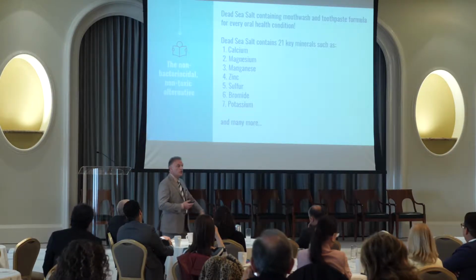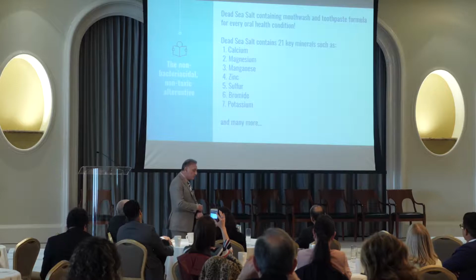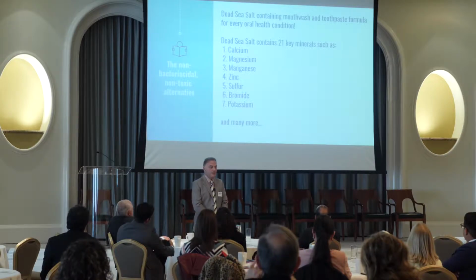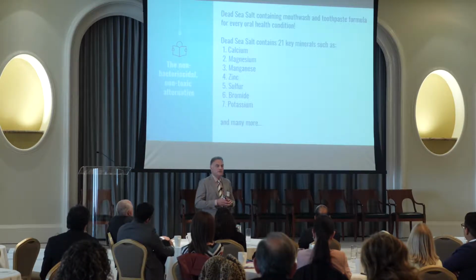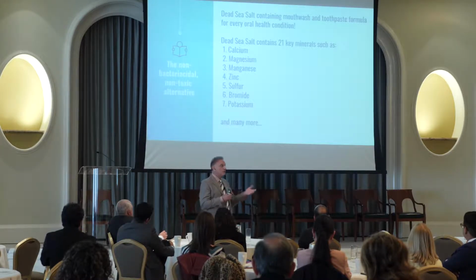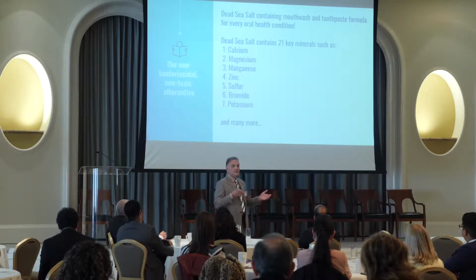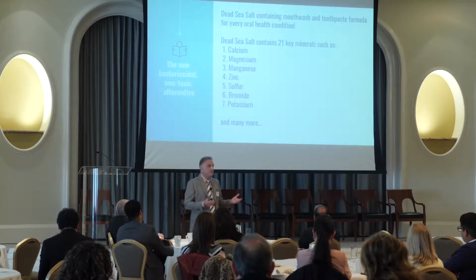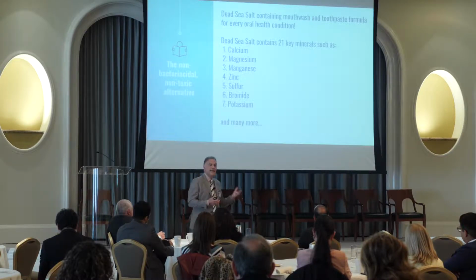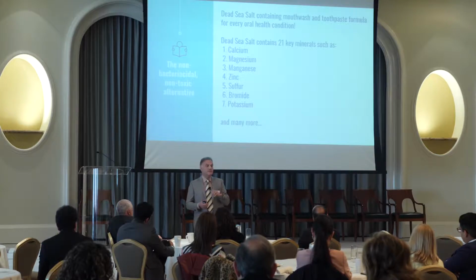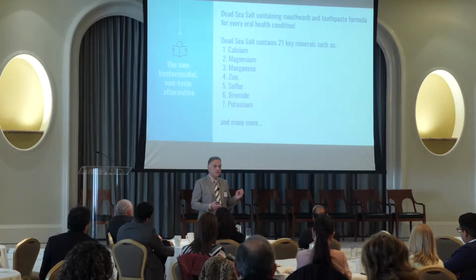So I started to look at different salts and to find out if there is an actual better salt than the sea salt that he was using in his study. So when you're looking at different salts, we're going to give you a little minor summary of the different types of salts that we use. The table salt is pretty much 98% salt, 2% minerals. The sea salt is about 20% minerals and 80% salt. Himalayan salt is 40% minerals and 60% salt. Dead Sea salt has 86% minerals and 14% salt.